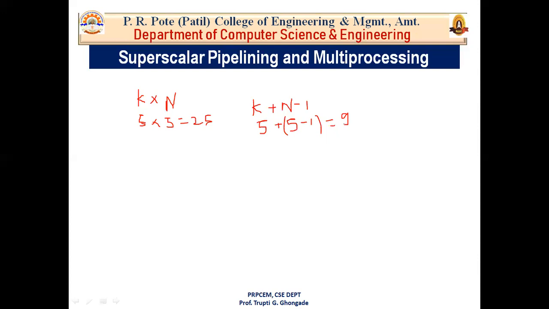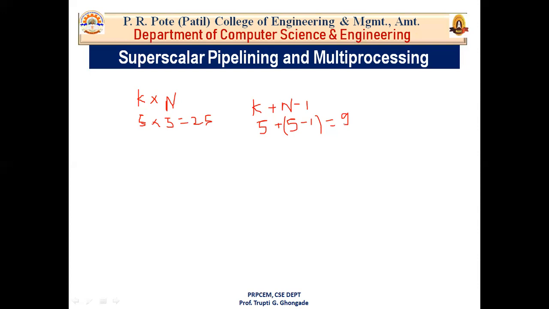The 5-stage pipeline was started by Pentium. The Pentium processor uses a 5-stage pipeline. Now why 5-stage? The first one is fetch, the second one is decode, the third one is address calculation, that means segment and page translation, the fourth one is execute, and then store. Store means write back, store the result. So that's the 5-stage pipeline used by the Pentium processor.